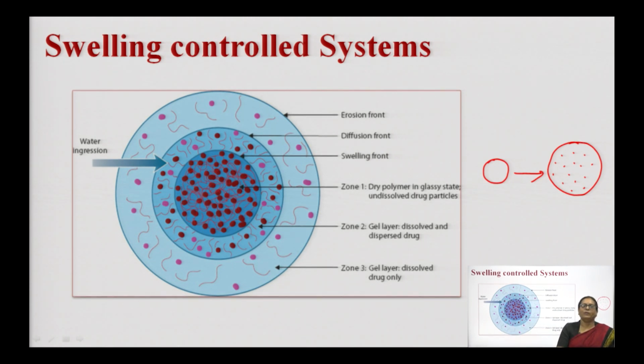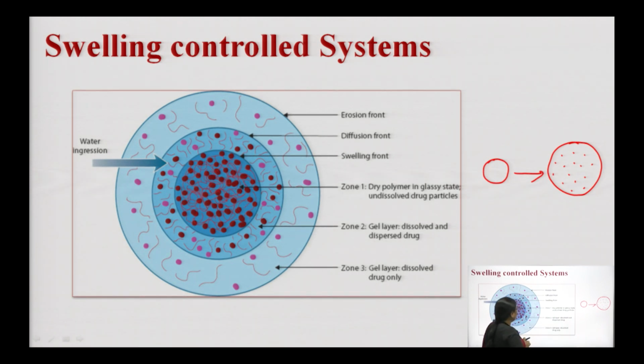and now the drug is ready for diffusion into the outer environment. As the dissolution progresses, drug release progresses, what happens? These layers' thickness gradually changes. The zone 3 will broaden out and zone 1 will keep on shrinking as the drug release progresses. Further, each zone can be marked with the help of a front, can be defined as a front.